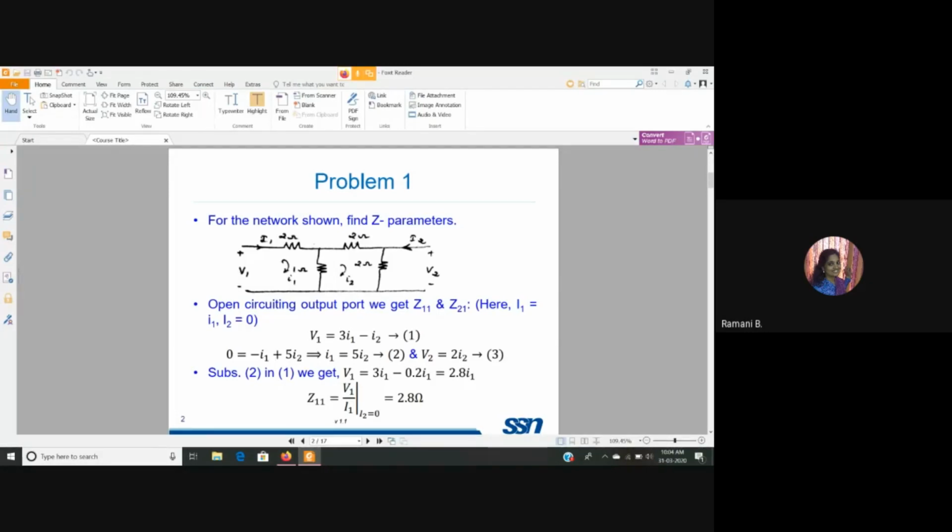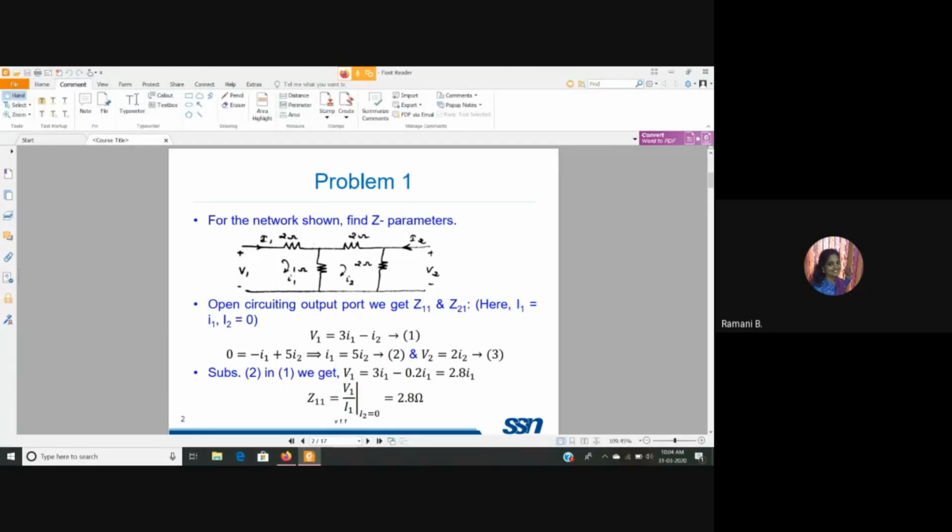So to find Z11 and Z21, we will be open circuiting the output port. That means by open circuiting the output port, I2 will become 0. Here in this problem, for easier understanding, we have considered the clockwise current in this loop. Here we assume V1 is the voltage across this. So we consider I1 as the loop current in this loop and I2 to be the loop current in this